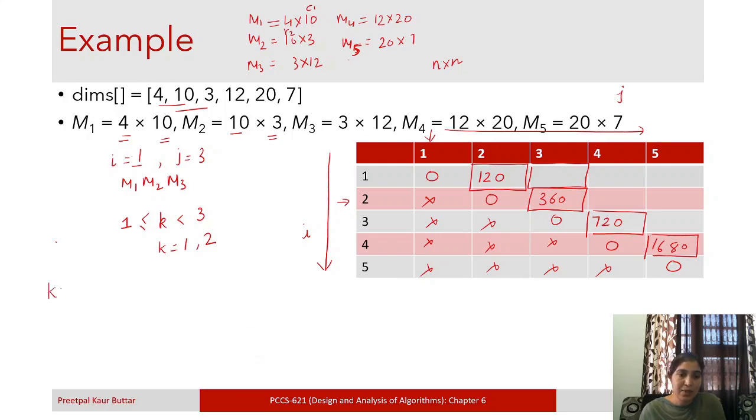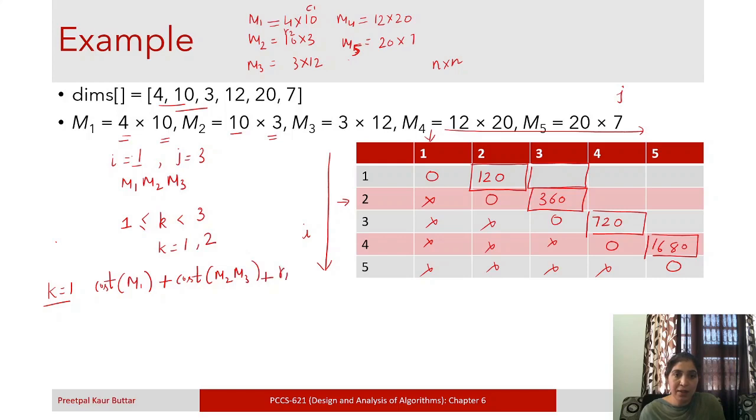When k is 1, it means on one side you have m1, so you will take the cost of m1, and on the other side you will have m2 and m3, right? And then you will take the cost of multiplying these two subproblems together, and it will be